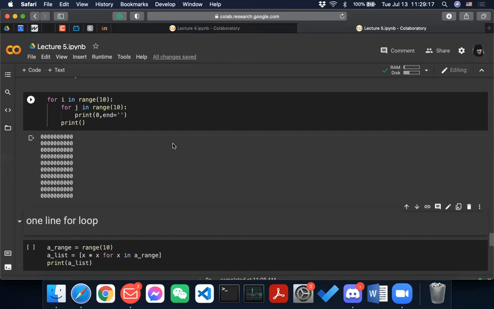Every time you are dealing with something that is two-dimensional, you will probably need nested loops, so you put one loop nested in another loop. Then if you're dealing with three-dimensional data, which is like a list in a list in a list, you'll probably nest it 3 times, right?